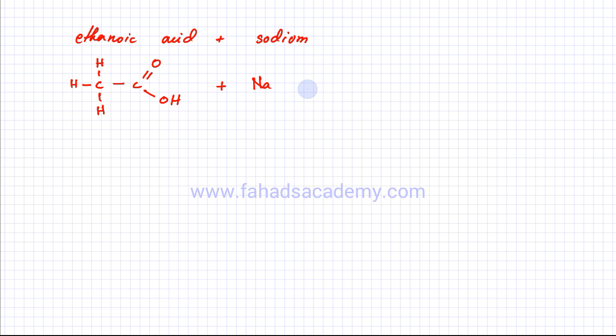Now if I react it with sodium metal, it's an acid reacting with a metal. So you have an acid which is going to be reacting with a metal, and that would produce a salt. And remember, as I previously told you, to make a salt, you need to get rid of the hydrogen in the acid and substitute it with a sodium metal. In this case, the H that gets removed is the H in the carboxylic acid group, which is this one. It's over here. It's always going to be this H